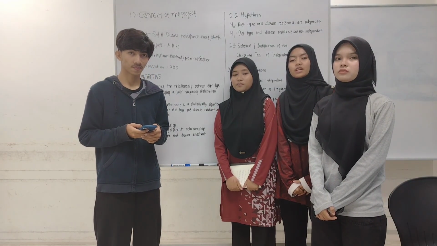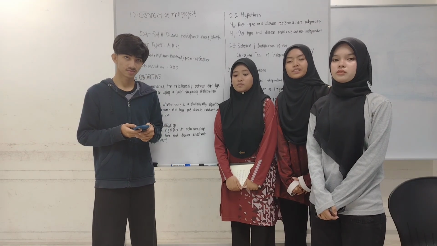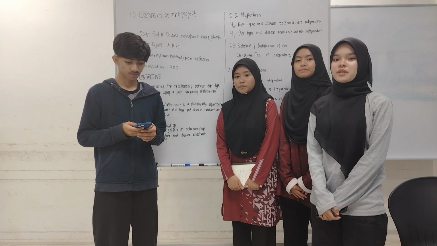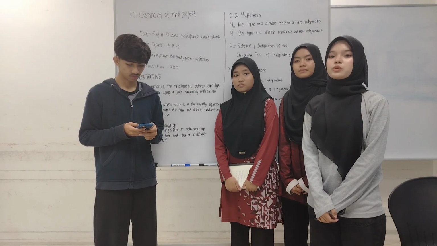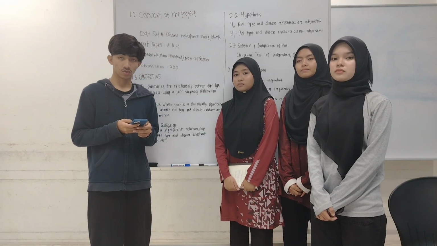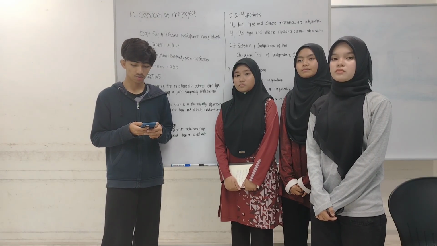My matric number is E25A3547. And the last one is NorAqilah. My name is NorAqilah. My matric number is E25A3742. In this video, we will be presenting our statistical project on the relationship between diet type and disease resistance